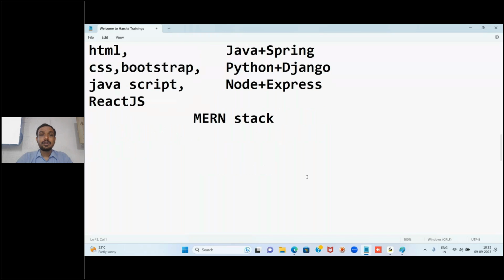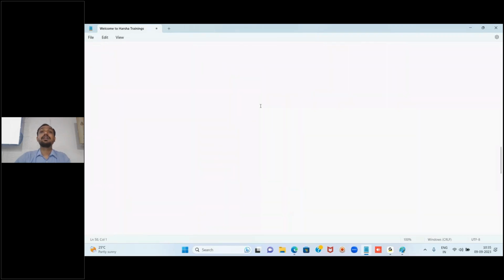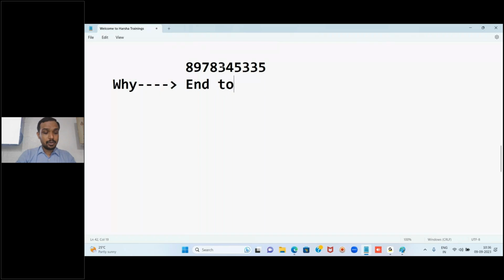Now, up to now in this class, we came to know what exactly full stack development is, right? Now we will see why and who has to learn it. Why means, if we want to develop an end-to-end web application, we have to learn full stack development.